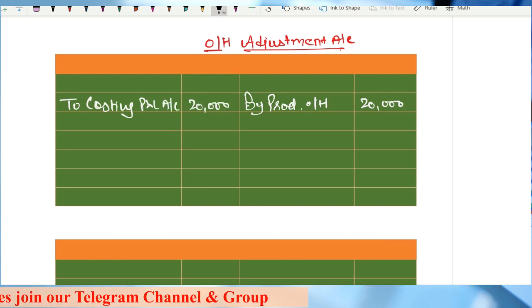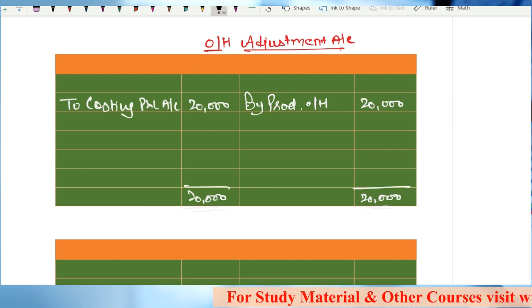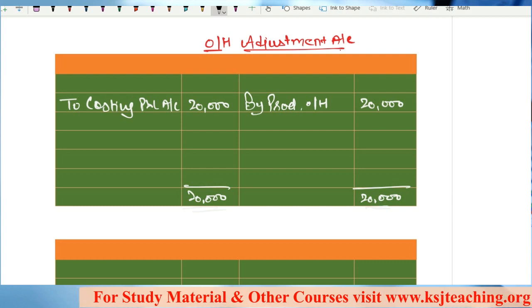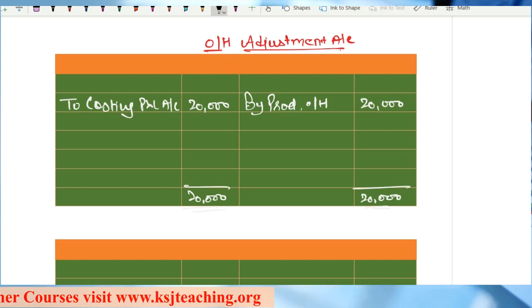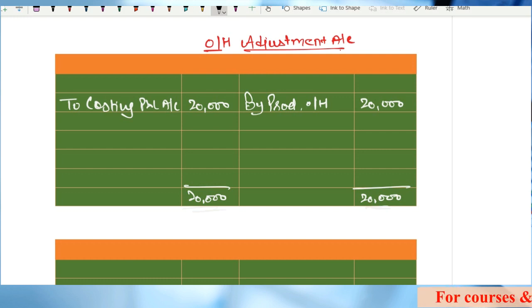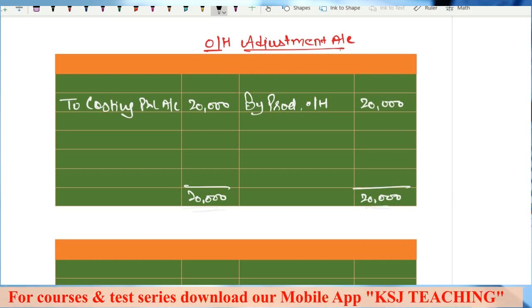Now I told you in the last lecture also, one exam tip that I gave you: in case of cost accounting books, 99.9% of the time it will not be specified in the question whether the under absorption or over absorption is due to normal reason, abnormal reason, or whatever. So what you have to do is either take it as abnormal and transfer it to costing P&L, or carry it forward to the next year.